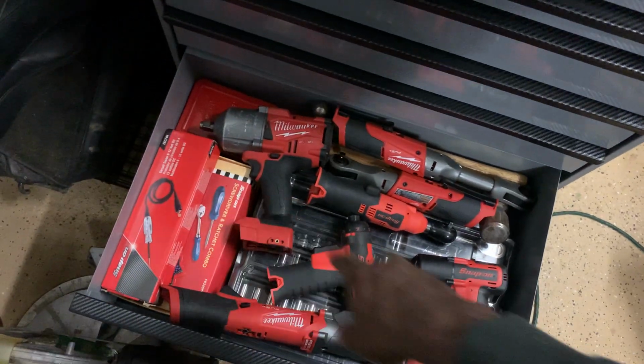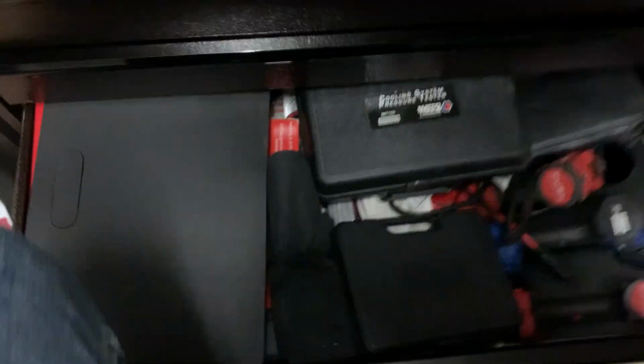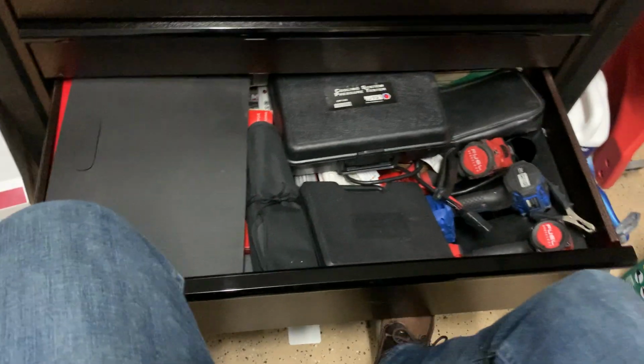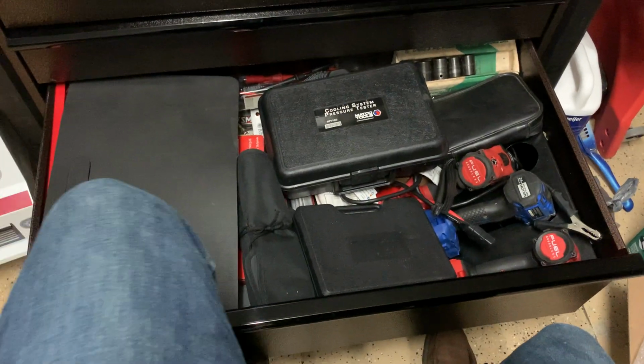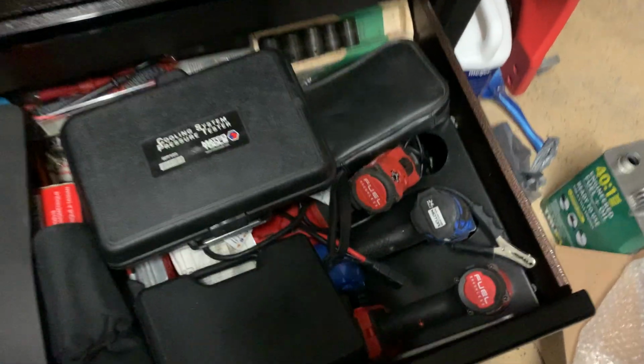And I got other Snap-on stuff in there, sockets, hammers, etc. If you come over here to the Matco box, or not, yeah, the Matco Jamestown box. Didn't think this was going to turn into a toolbox tour, but it's kind of what it's at. But it's the only way I can remember what I got is to kind of go through all the drawers to show you guys. Here's the other